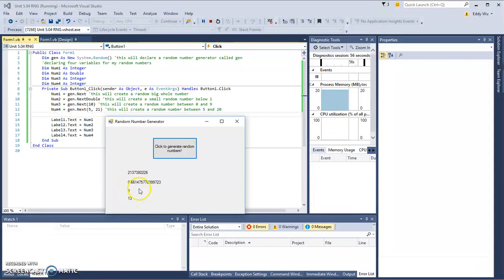And then finally, you can see here we have one between the 5 and 20 for our final number. All right. Now, if I click on the button over and over and over again, pay attention to the numbers down here. I want you to see that these numbers will never go above or below their limits that I've set. So each of these next double, next open close parentheses, next comma parentheses or whatever, these all set a